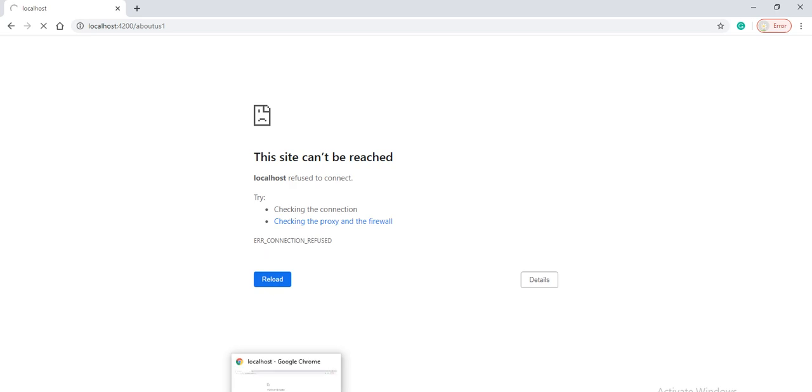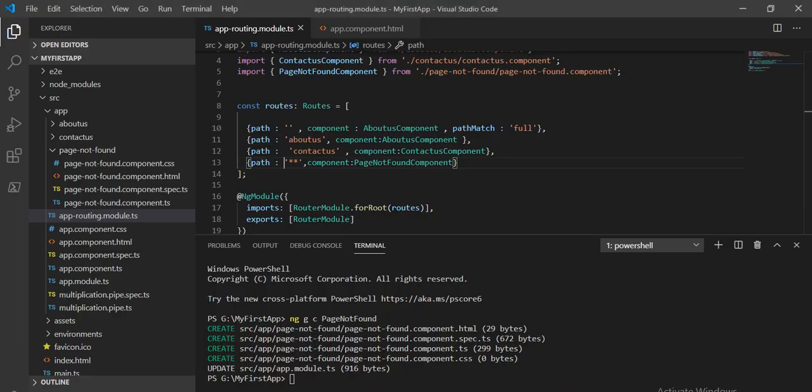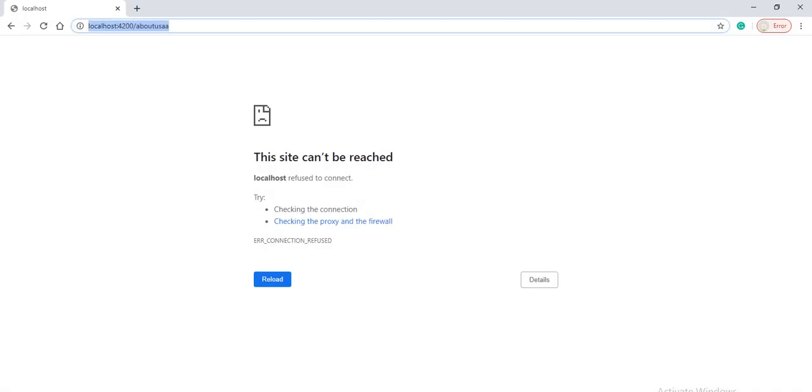Let's see what we did wrong. Okay, we didn't serve this application after adding this, so we have to serve it first. It will compile the changes, and then we'll see on the browser. First let's go to the normal about us, and it will load that page.